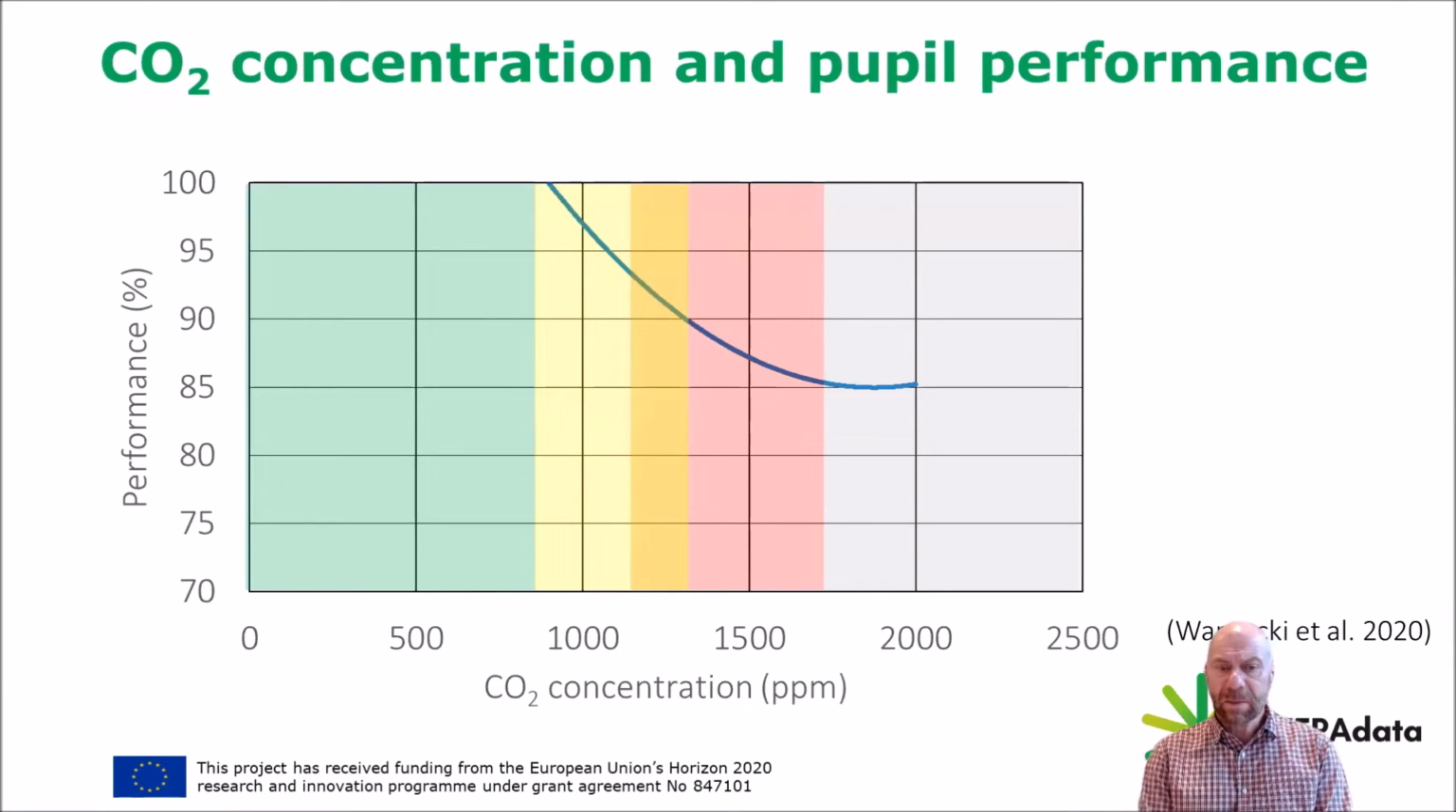So one example of an exposure response function is seen here. We have carbon dioxide on the horizontal axis, and we have pupil performance on the vertical axis. The colored fields indicate the different quality categories according to indoor environment standards. So we have the green field, which is the best we can achieve. The yellow field is a little worse, orange, red, and finally gray, which is completely outside the recommended quality categories